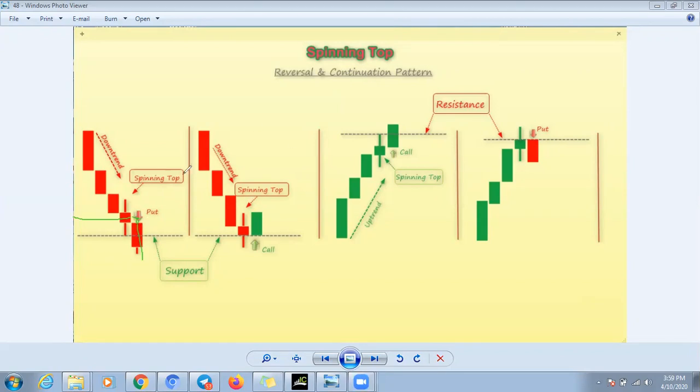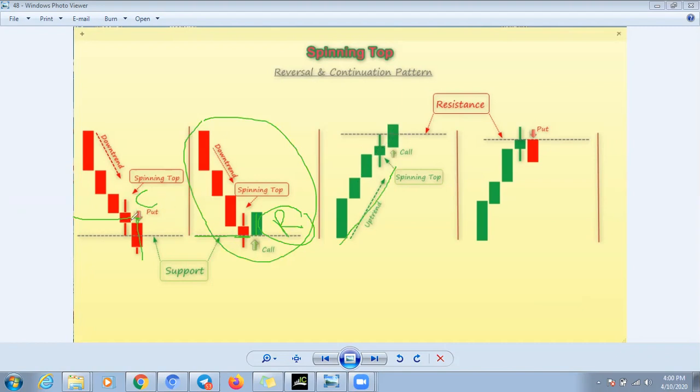After that, in this scenario, we found a level on the closing price, any round number, any key level. That's why this candlestick is going up. So when, after this bearish spinning top, the candle goes down, it's a continuation pattern, and this is a reversal pattern. When price reverses from any level, you can say this is a reversal pattern. Okay, after that we are coming to the green candle, the green spinning top.